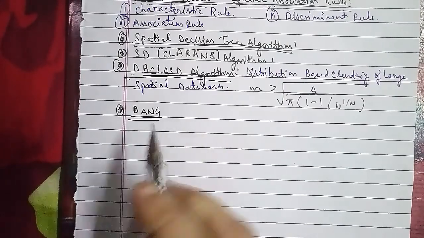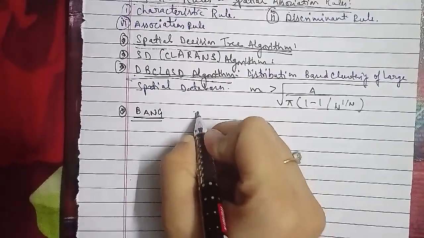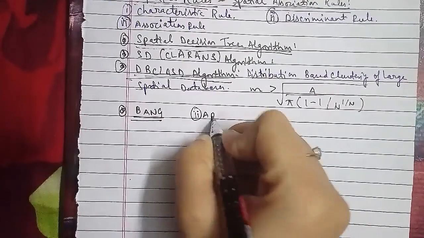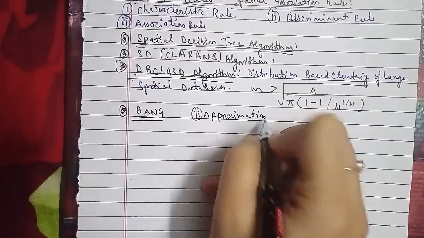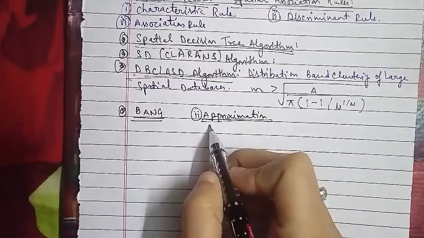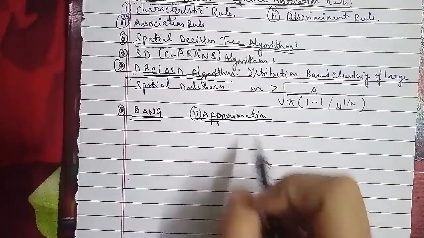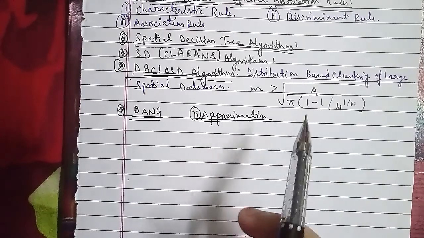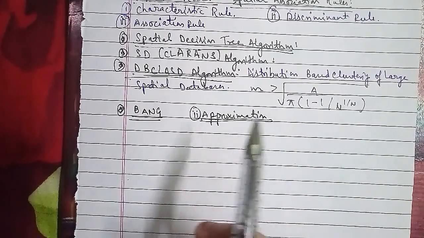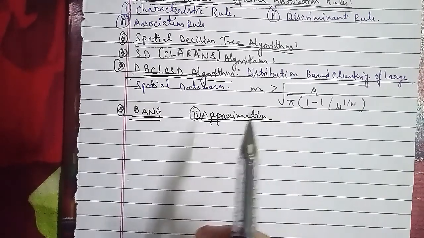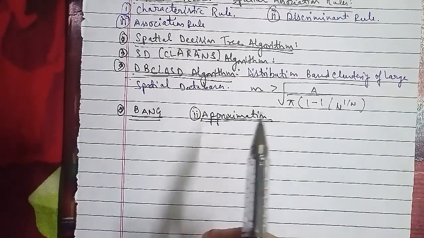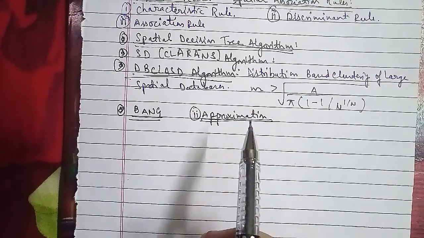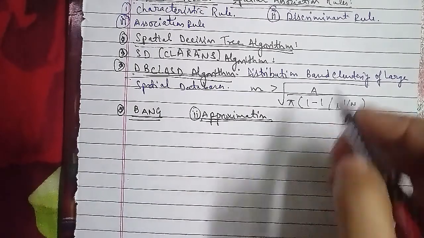The second one we will be having is approximation. In terms of approximation, it is an approach that can be used to identify the characteristics of clusters, and this is achieved by finding the features that are close to the clusters, where the clusters can be differentiated based on the features unique to them. Now we'll go ahead with the third one, which is aggregate proximity.